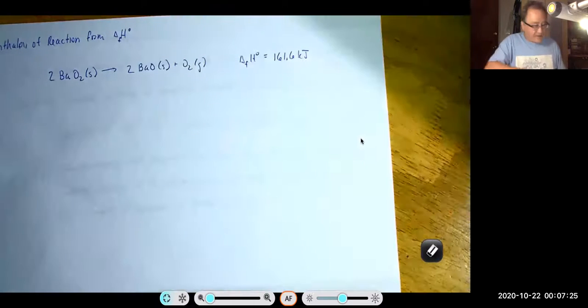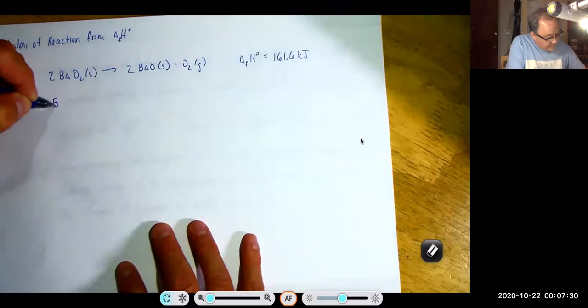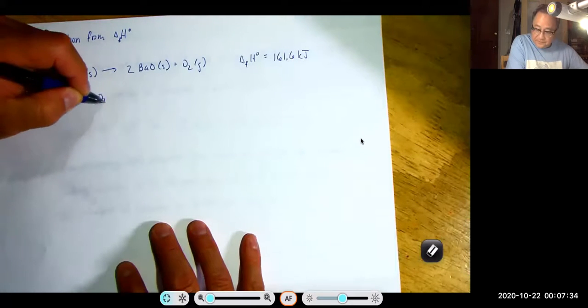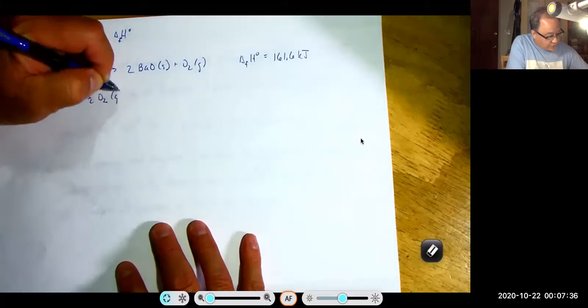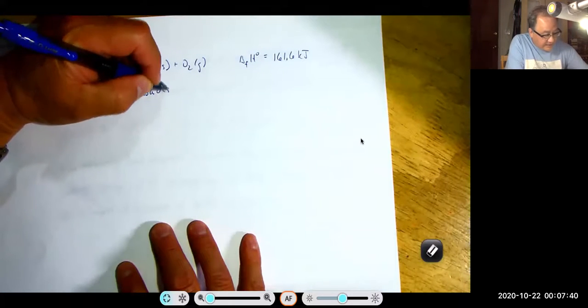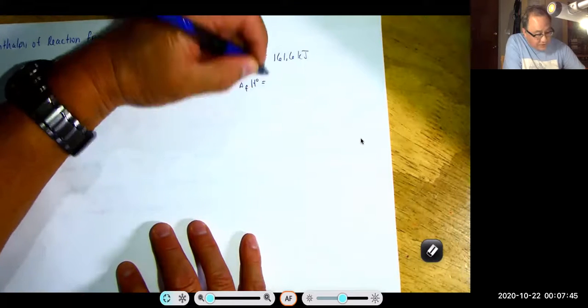We also have that barium solid plus 1/2 O2 gas is going to turn into barium oxide solid, and the enthalpy of formation here is equal to negative